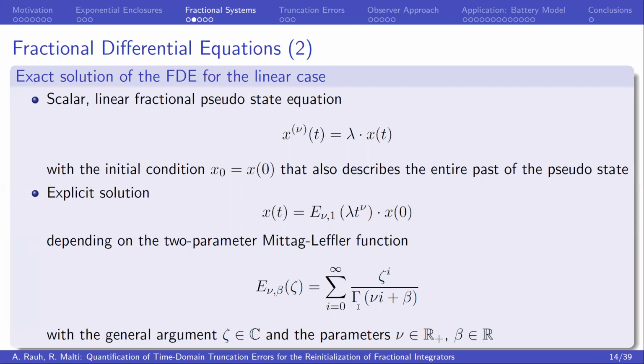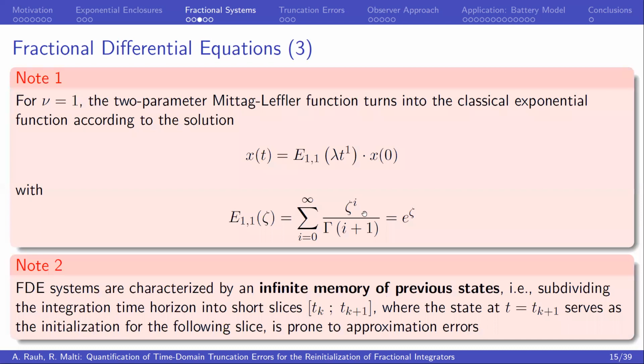Now, one question still is interesting to us. What is happening if we're replacing nu with the integer value equal to 1? In this case, and that's the first note on the slide, the Mittag-Leffler function becomes exactly equal to the exponential function. That means the solution procedure for fractional differential equations becomes, in this case, for nu equal to 1, exactly the same as the exponential enclosure technique. Now, the other question is, if nu is less than 1,